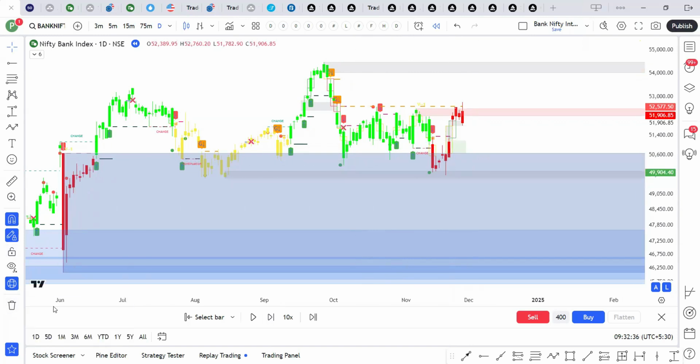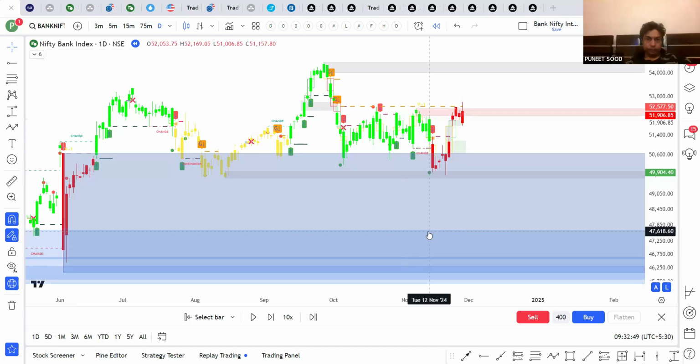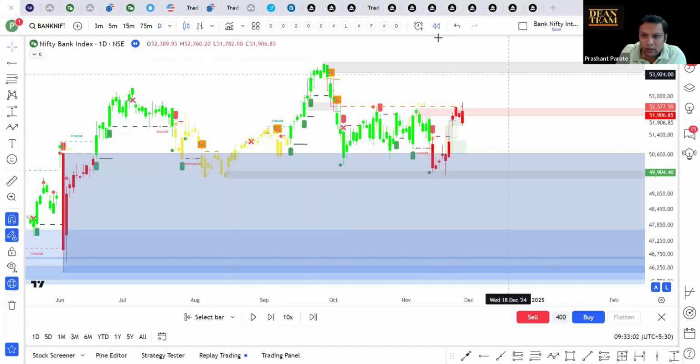Sir, after so much juggling in this sideways market, I think that with trending markets now coming within a few weeks or months, we will be more comfortable and find it easier to take our trades. Yes, but see, what happens is you should keep your stop loss in such a manner that if stop is hit, you are losing a small amount. And for example, if you have taken some trades here,